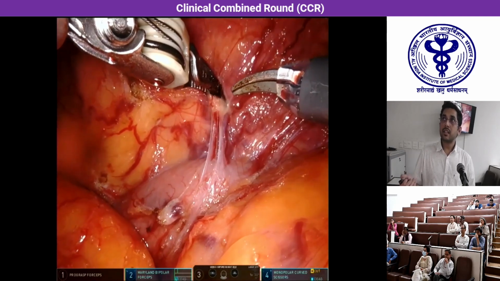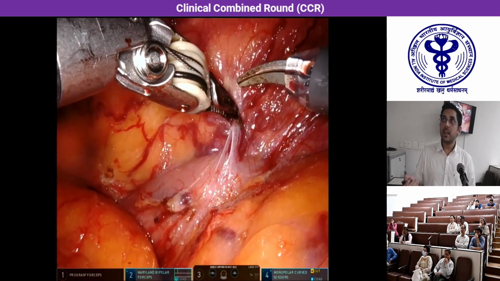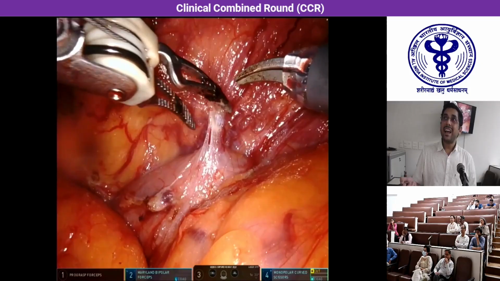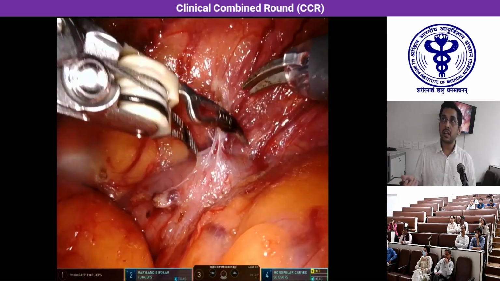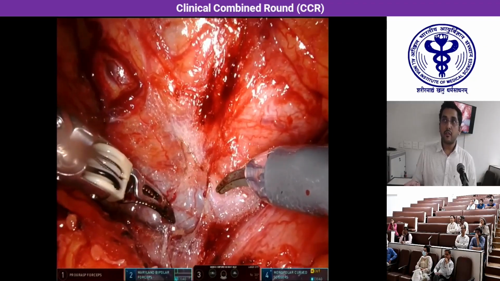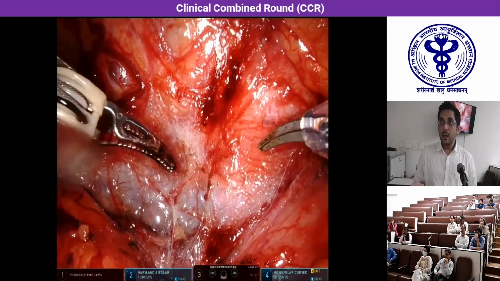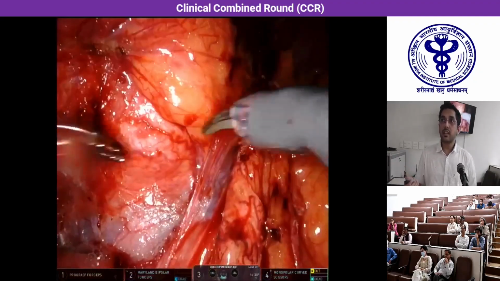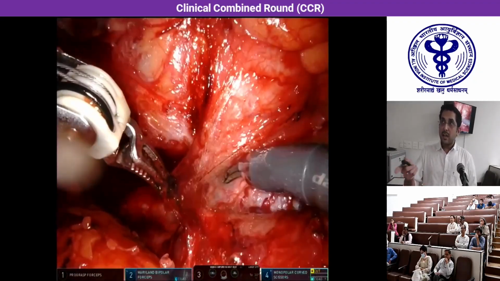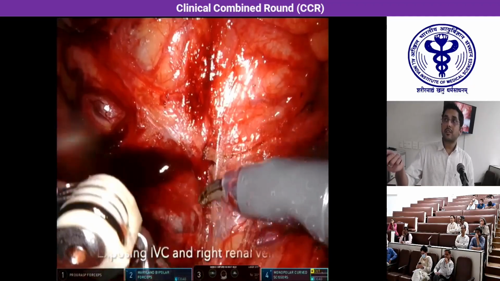In this case, you can see there are multiple collaterals, which we expect in the case of IVC thrombus. And we have to be very careful not to cause any thermal injury to the duodenum, as that can be the cause of a very stormy post-operative period. Once we have medialized the duodenum and exposed the IVC, that is where the benefit of the robotic approach